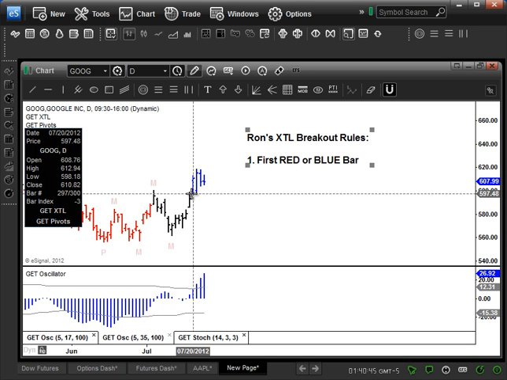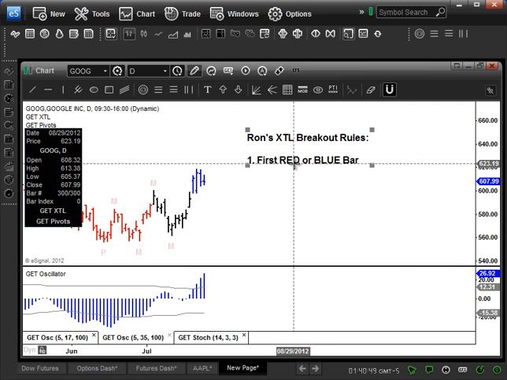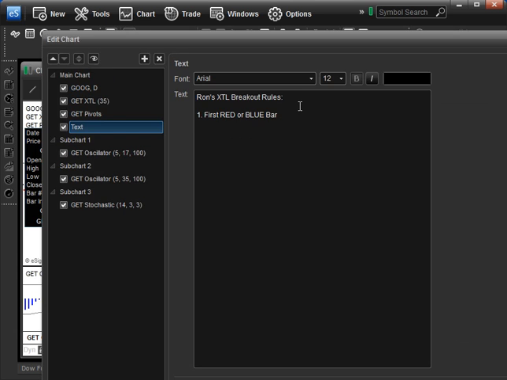Now the question is, is this a good XTL trading opportunity that I like to see? Well, that really comes down to rule number 2. I like to look for a signal of a failed trend. Now, this breaks down into 2 different patterns. Number 1 would be a failed